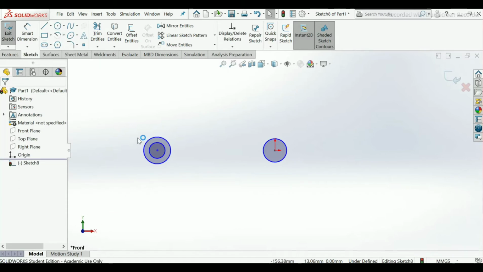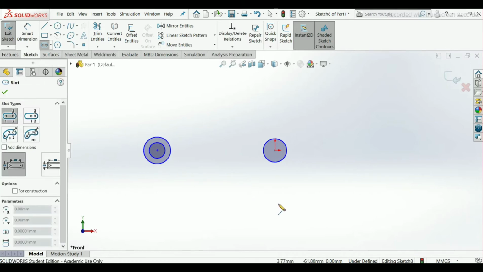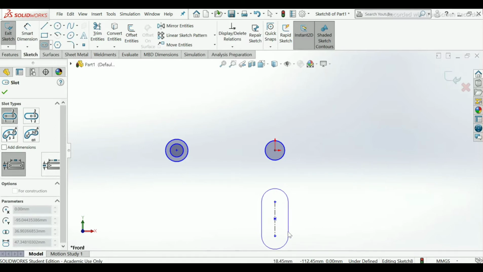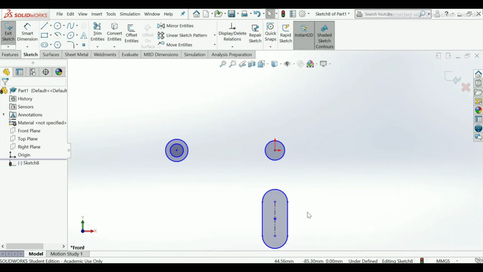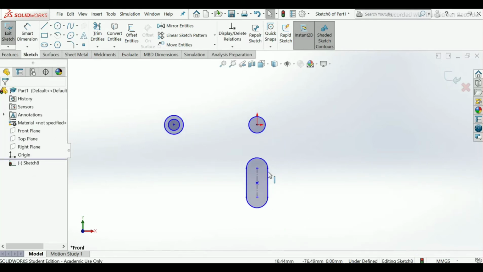Now go to sketch, slot, use straight slot. First point will be from origin point only. Make one rough sketch so that at the end we will put smart dimensions. Use circle.